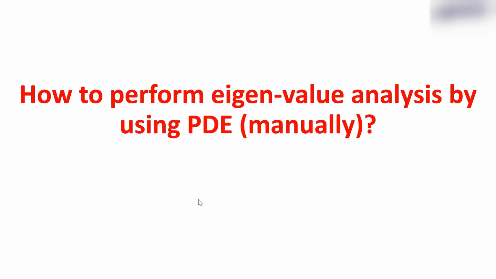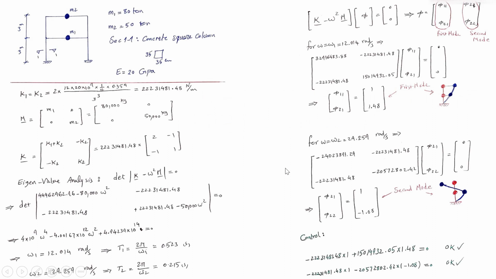In this video, I'm going to talk about how to perform eigenvalue analysis by using partial differential equations manually. For this purpose, I'm going through a simple example. As you see here on the left-hand side at the top of the page, we have a two-story concrete frame